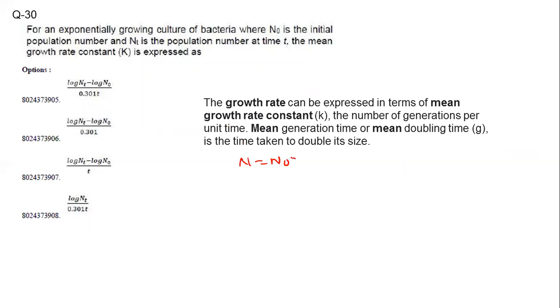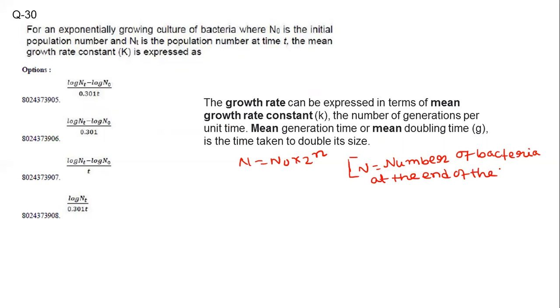Here N is the number of bacteria at the end of the time interval. N0 is the number of bacteria at the beginning of the time interval,